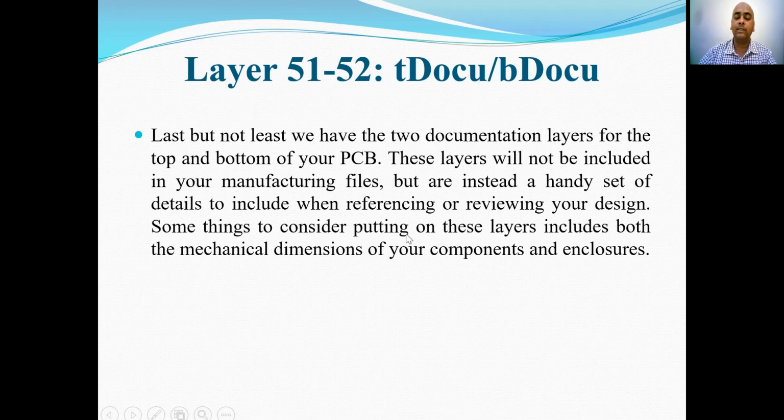Some things to consider putting on these layers include the mechanical dimensions of your components and enclosures, which includes the data sheets of the components.